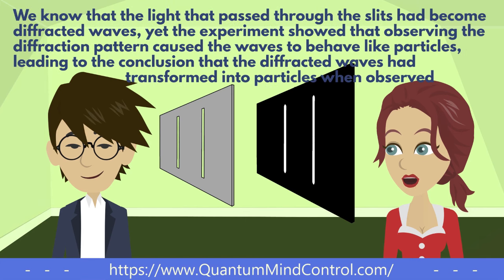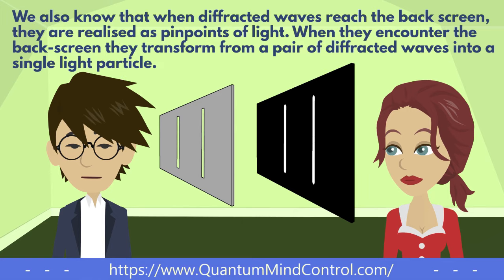We know that the light that passed through the slits had become diffracted waves, yet the experiment showed that observing the diffraction pattern caused the waves to behave like particles, leading to the conclusion that the diffracted waves had transformed into particles when observed. We also know that when diffracted waves reach the back screen, they are realized as pinpoints of light. When they encounter the back screen, they transform from a pair of diffracted waves into a single light